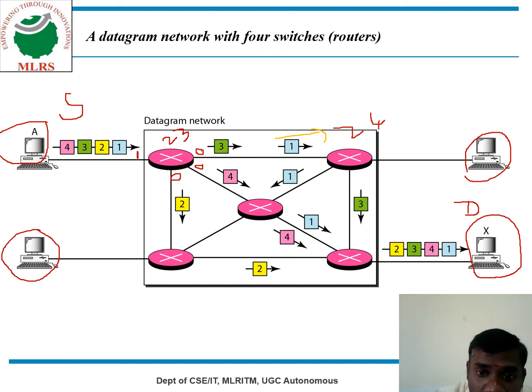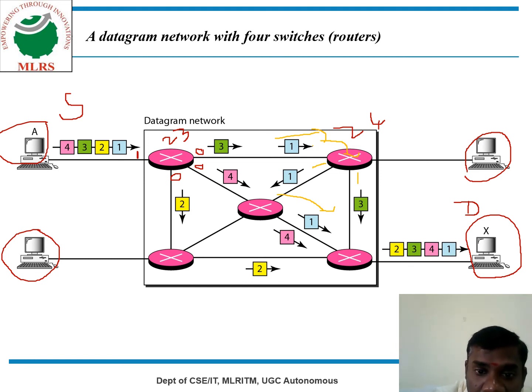Now come to the C here. Now the one is traveling where? One is coming to the switch 2. In the switch 1, how many outgoing ports are there? There are outgoing ports on this side, and outgoing ports on this side. Again, this one is traveling this way, that means it is switch 5. From the switch 5, it is forwarding to the switch 4. Finally, it may be able to reach the receiver.